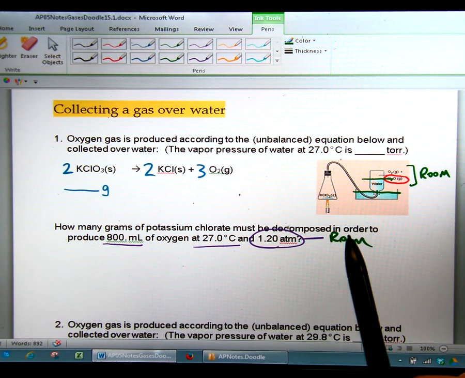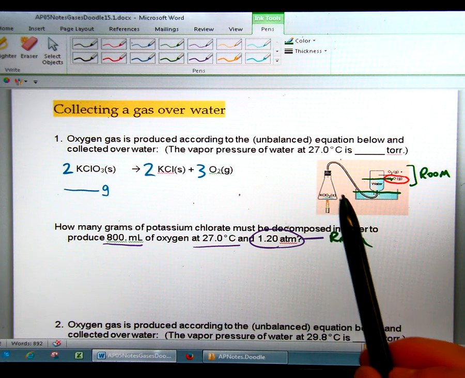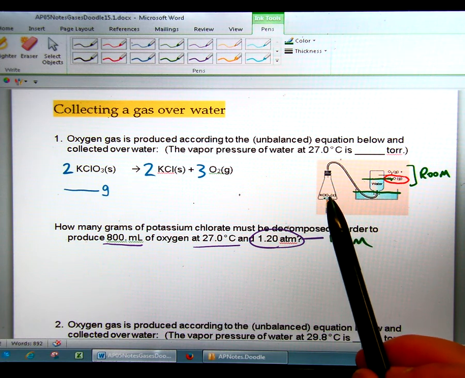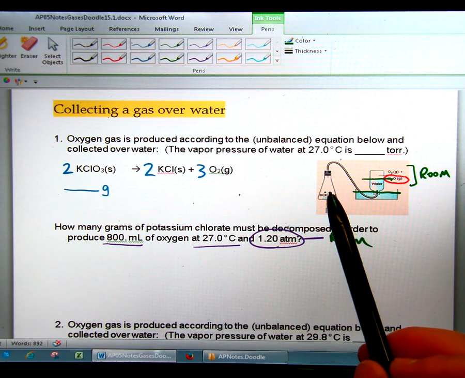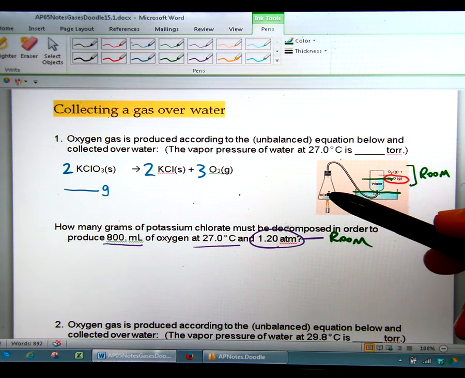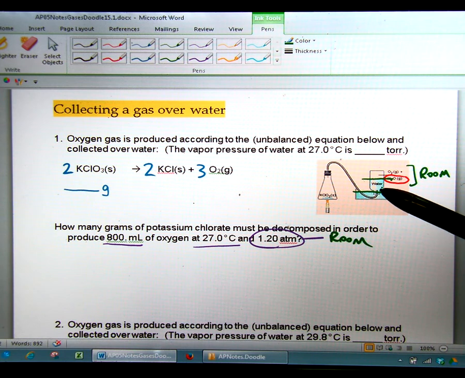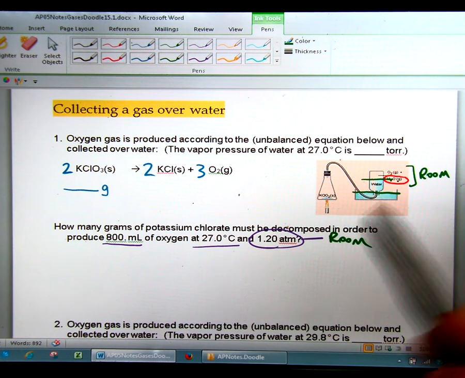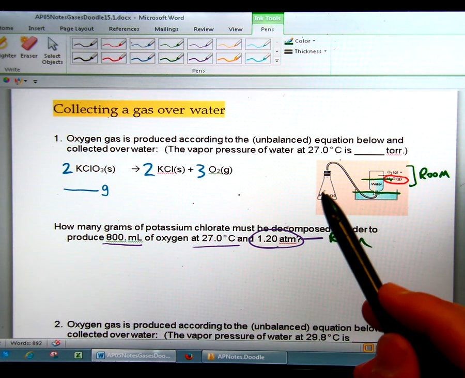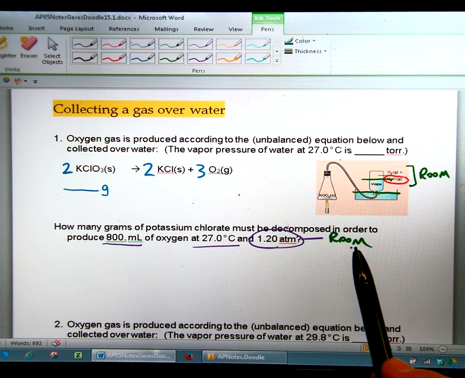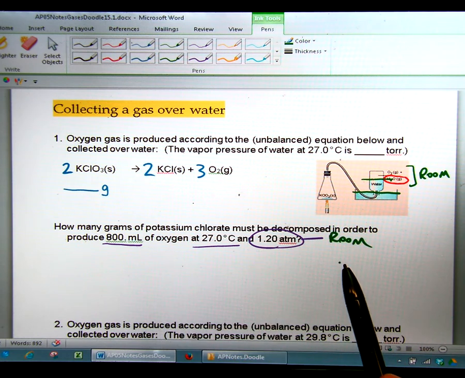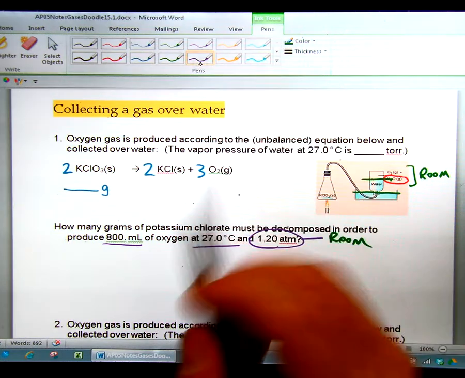So you have to picture in your mind what's happening. Here is the KClO3, potassium chlorate. When you heat it up, it actually decomposes into potassium chloride and oxygen. When it decomposes, the oxygen gas is going to go out of here through the tube and collect in this inverted jar. So now you have an inverted jar full of oxygen gas, but also water vapor. The question is, how much potassium chlorate did you have to decompose in order to get oxygen with all these conditions? So what we're going to have to do is use PV=nRT here,